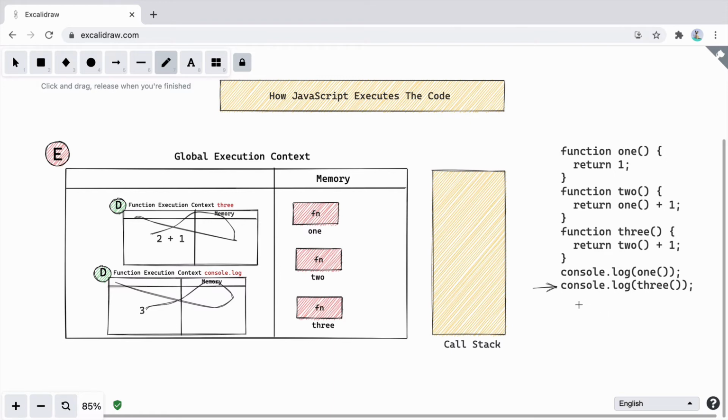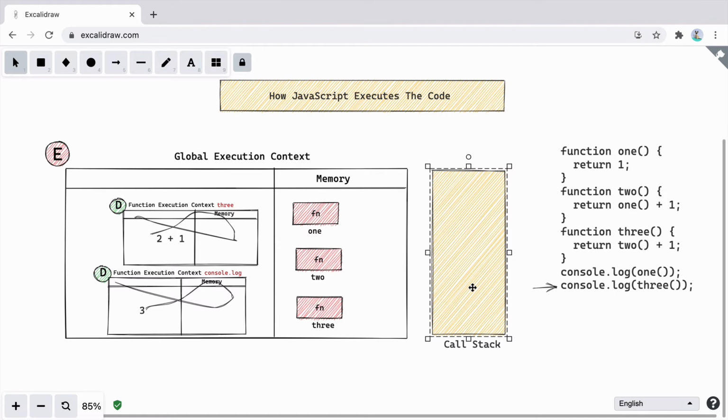So in that way, the call stack is the place that manages which function to execute at which point of time. You can see that at one point of time the call stack can only execute one function. That's the reason we say that JavaScript is a single-threaded language. So it has only one call stack that manages everything here. It is like if you have to go from one place to another, there is only one road.